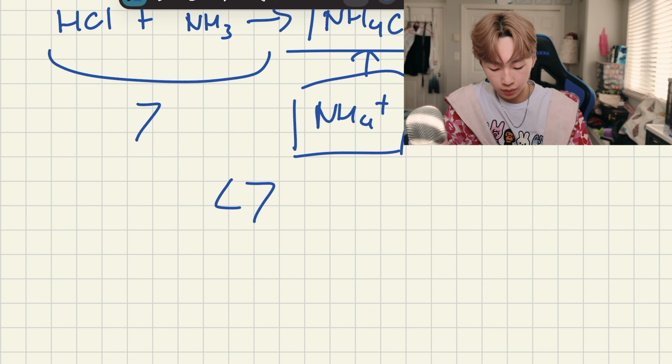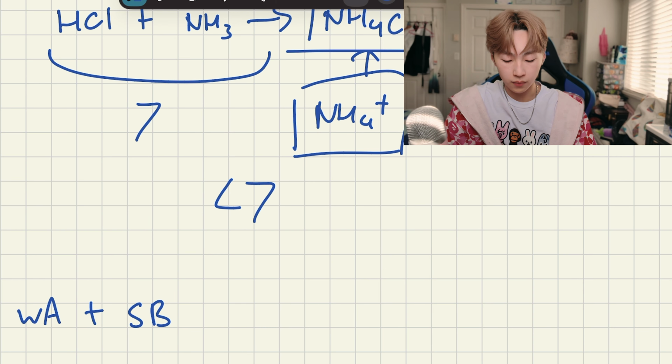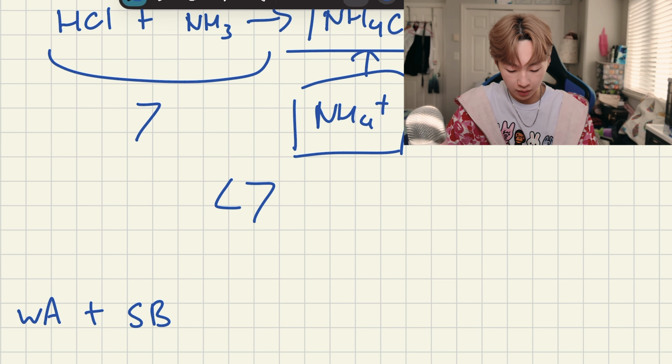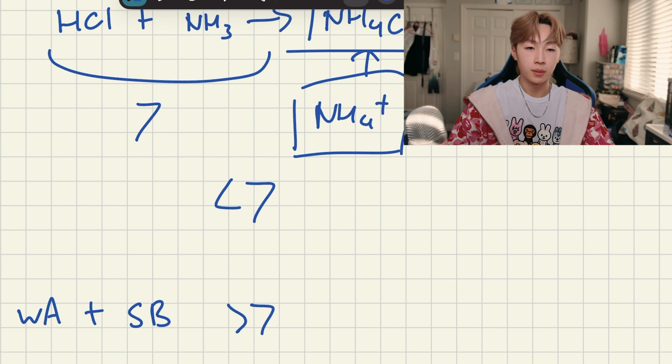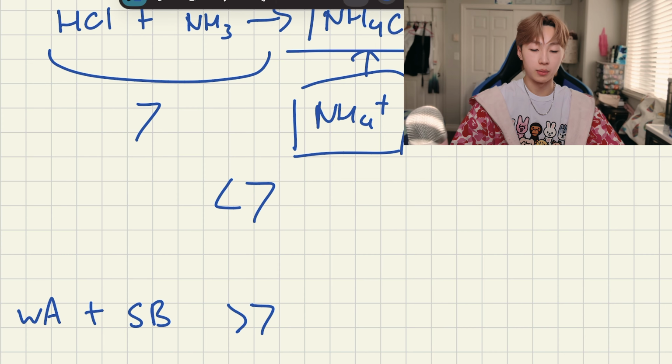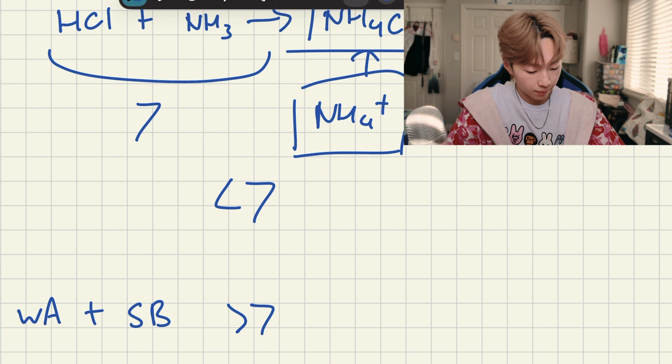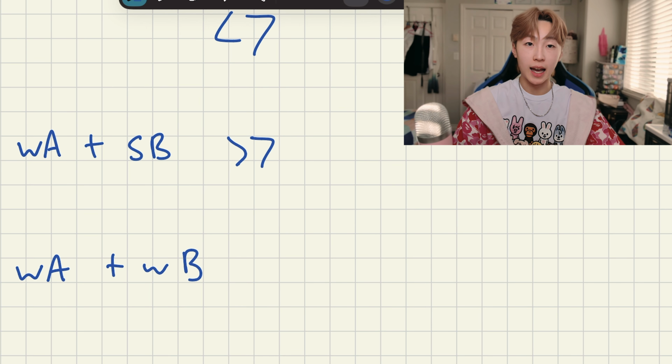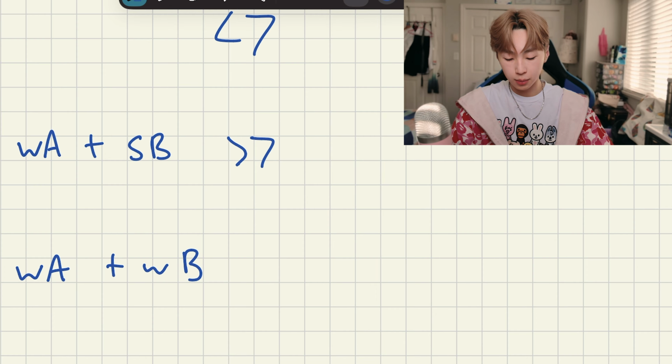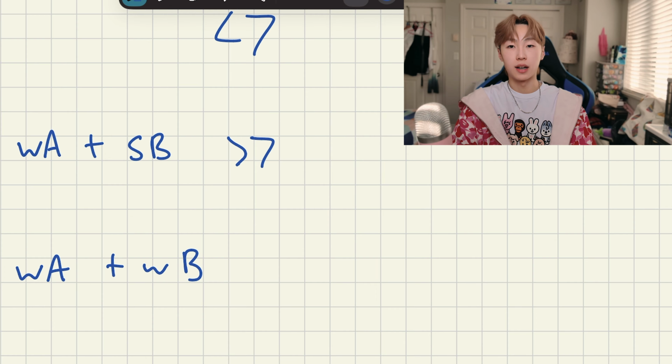Same thing goes for weak acid plus strong base. It's going to result in a pH slightly greater than 7. And that is because you're going to form another salt, but this time the salt's going to form a basic solution. Finally, for weak acid and weak base, this one really depends on if your acid is stronger or is